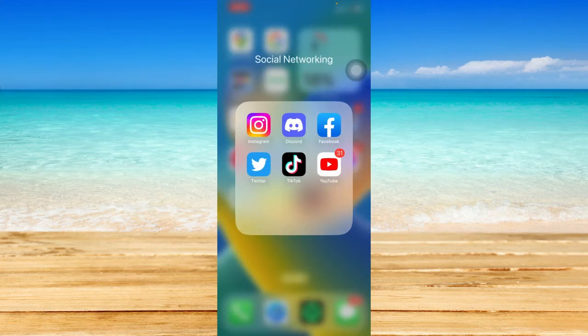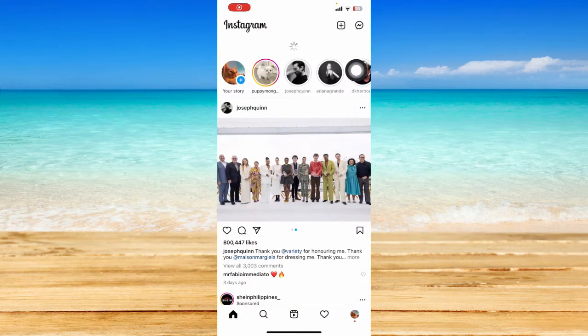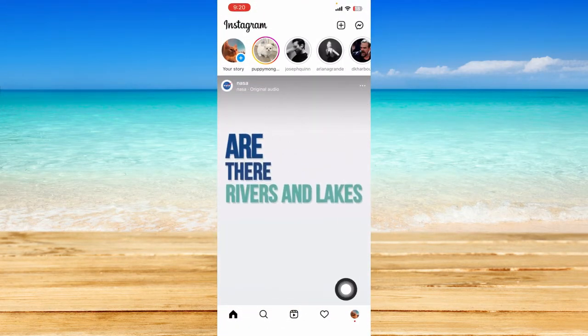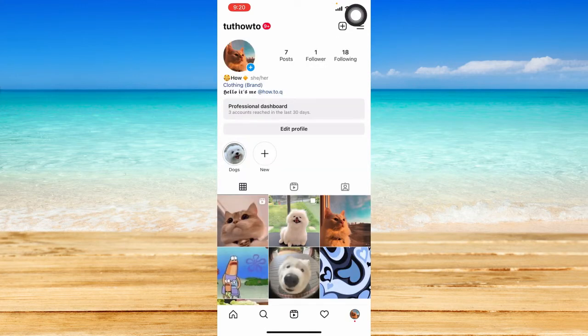Now let's head straight and open up our Instagram app. From here, let's click on our profile icon at the bottom right-hand corner. On this page, we should be able to access our reels. Now to see our reels, just click on this reels icon at the middle